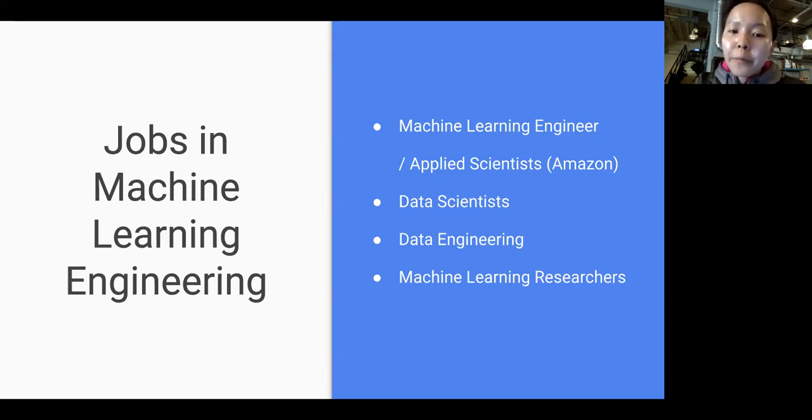ML engineering is more like dealing with the model infrastructure from end to end, starting from the data up until model training and model deployment. So everything related to ML. And applied scientists are people who are only focused on model development or doing research so that they can publish a better paper about their ML. And data scientists are the people who don't necessarily have to do a lot of modeling, but are more interested in analyzing the numbers